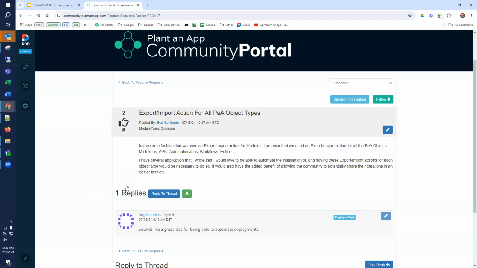So if we had actions to be able to export and import the Plantain app objects, such as my tokens, APIs, and all that, in a programmatic fashion, then it would potentially allow us to start building automatic deployments and/or updates, where we can write code that will migrate applications and all of their dependencies over to a new system, or potentially update them.